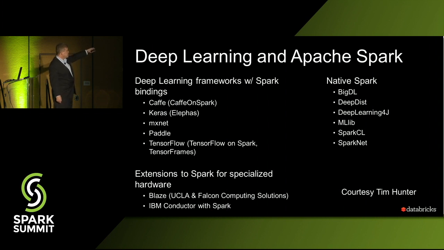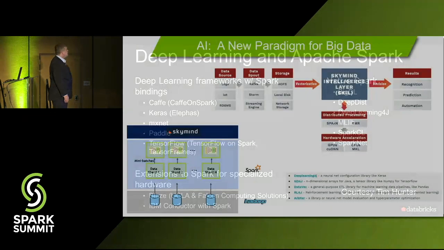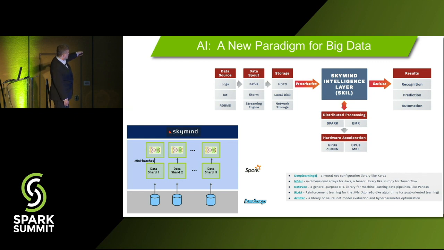So what some of the other approaches do, that Tim here is calling native Spark, is they're actually tightly integrated with Spark. And one of the frameworks that I want to show you that I think does a fantastic job of that, and talk about specifically, is Deeplearning4j, which SkyMind is the enterprise version of. It's a framework that you can interface via Java, and they have a Python interface coming. But what it does is it takes this scheme that I told you about, so you can shard the data from a Hadoop cluster, you can pull it up into Spark, and have your data shards actually initially in the Spark data frame.